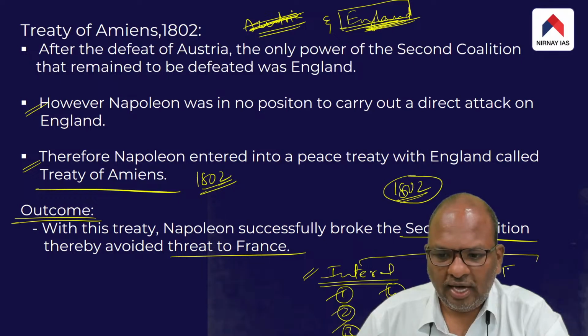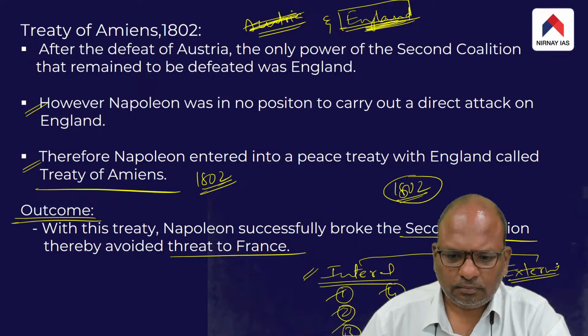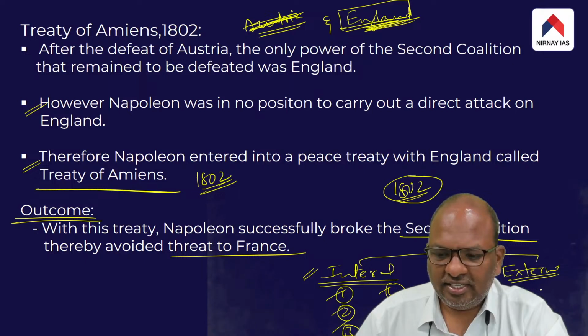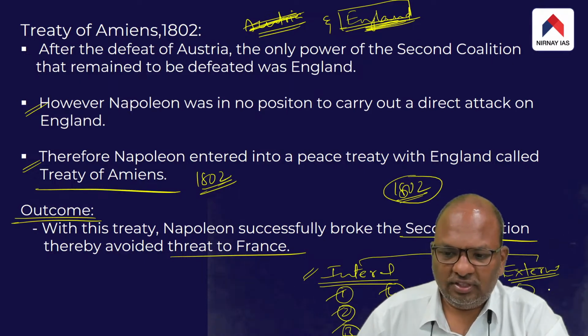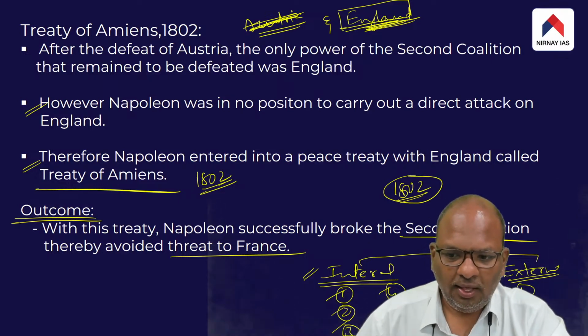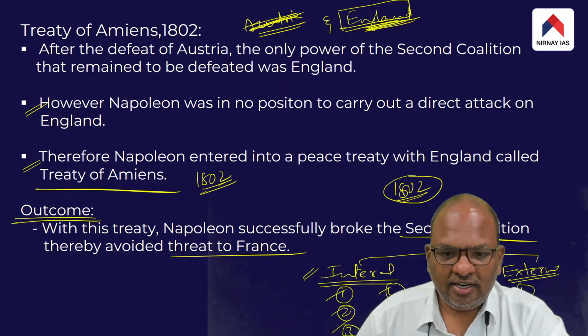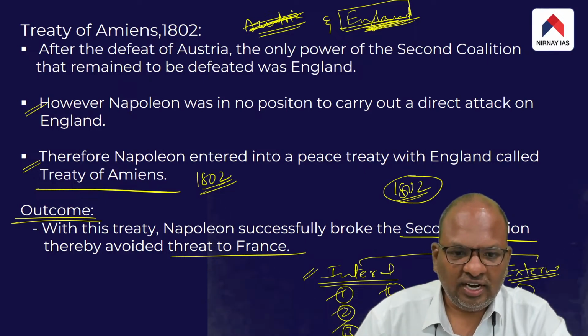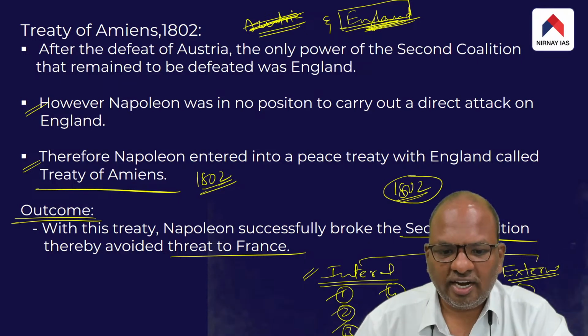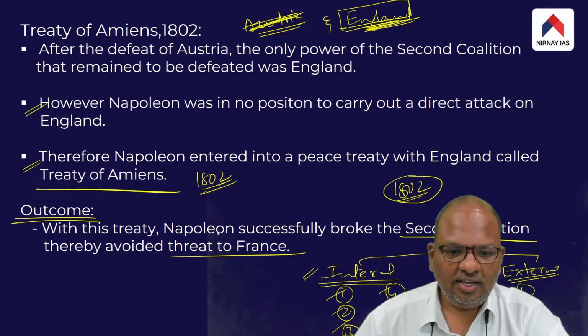He also carried out external policies. These are internal policies, and second is external policies. In his external policy, he fought a war with Austria and won it quite successfully. And second, having realized that a direct attack on England was not possible, he entered into a peace treaty with England, and thereby he successfully broke the remains of the second coalition, and thereby he avoided external threat